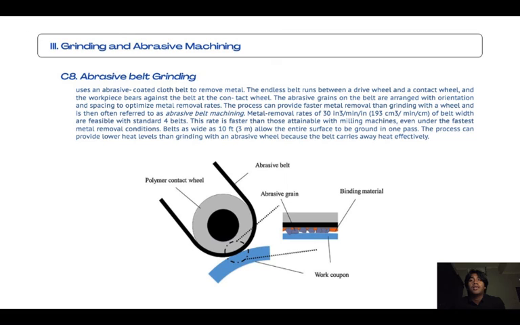The frequency of vibration is usually between 19,000 and 25,000 hertz with a low amplitude of 0.0005 to 0.0025 inch. The abrasive slurry is pumped through the gap between the tool and the work. The gap ranges from 0.001 to 0.004 inch, and slots, holes, and cavities of various shapes can be produced